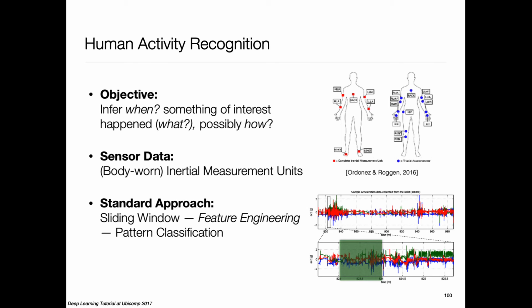Let's look at a couple of examples on how we might do this. So one is this whole area called human activity recognition. The word activity is deliberately vague here, but usually people look for things like a person walking, standing, sitting, stuff like that. So kind of what the STM speaker had called the base context. Okay, so that's kind of the intention.